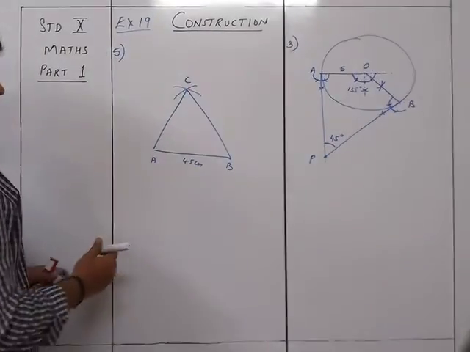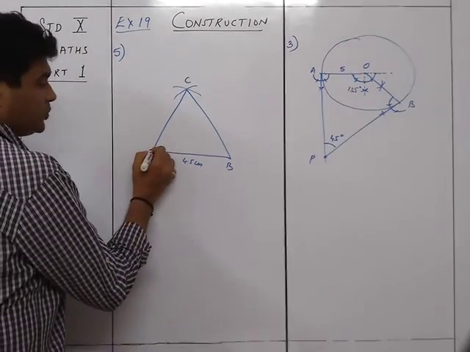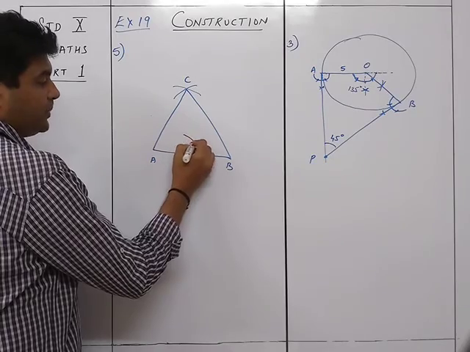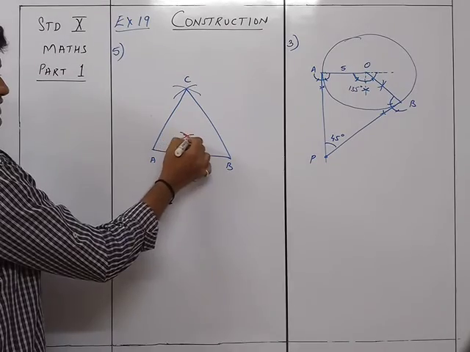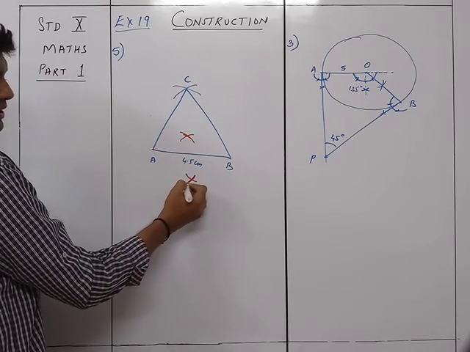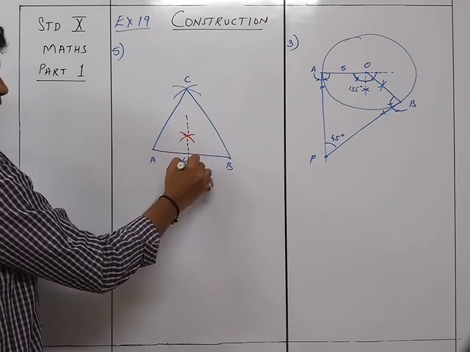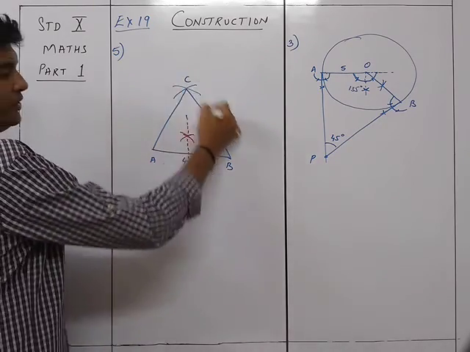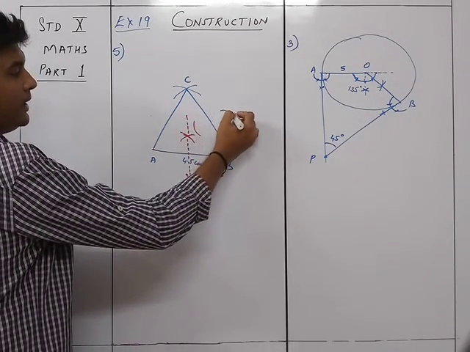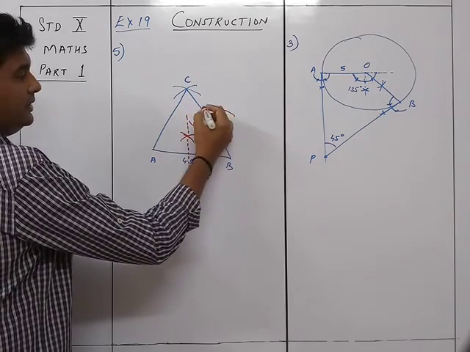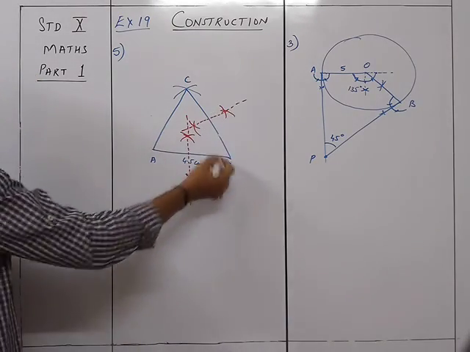So to draw the circumcircle, I need to draw two perpendicular bisectors of the sides. The first one is of AB. If I draw the perpendicular bisector of AB, it will be like this. So from A, I cut this arc, and from B, I cut this arc, and then I draw this perpendicular bisector. The next is BC. Again from BC, I take the arcs. So first up and down, and from C, cut up and here. So this gives you your required two perpendicular bisectors of AB and BC.